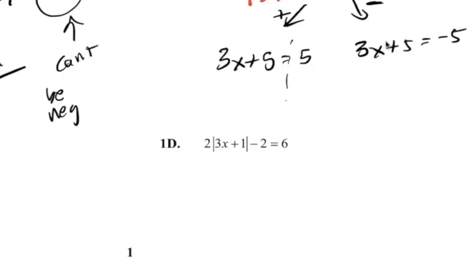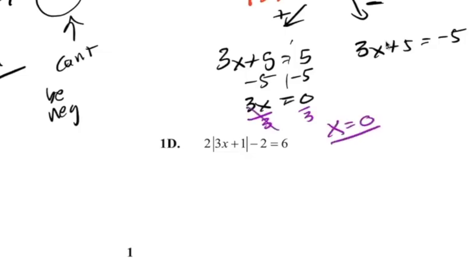So minus 5, 3x equals 0. A lot of people freak out. Don't. It's a number. So now we divide by 3. I get 0 divided by 3, which is 0. That's fine. You could get 0 as an answer. There's nothing wrong with that. Minus 5,